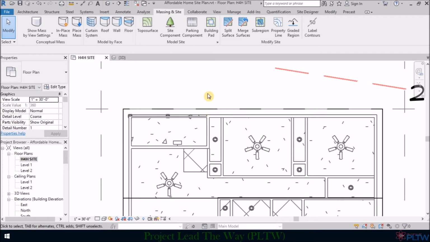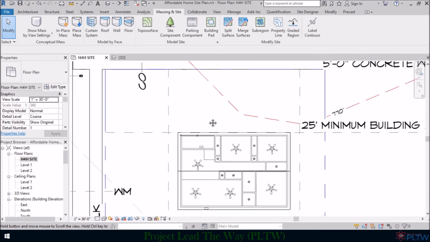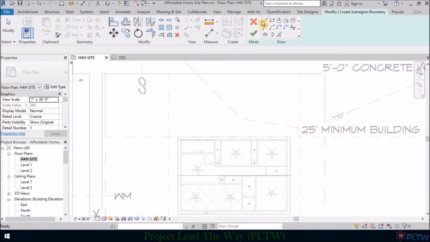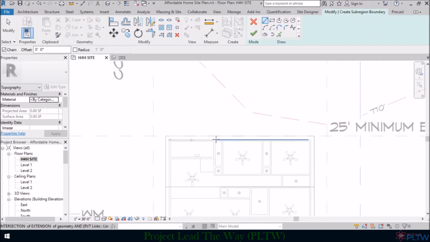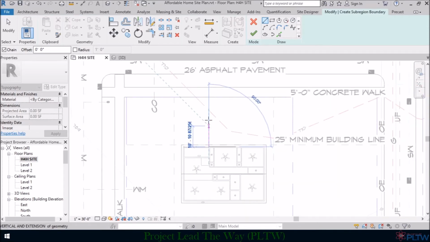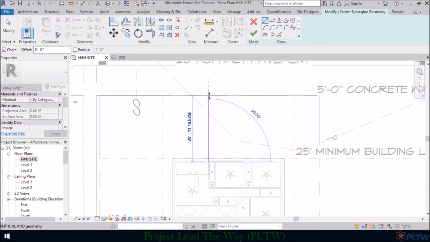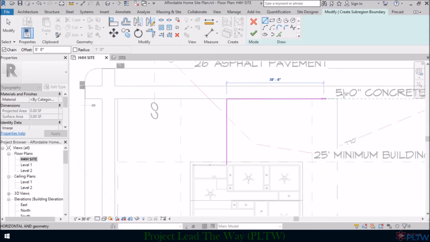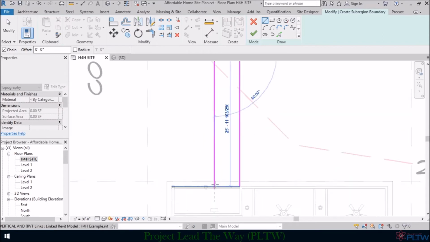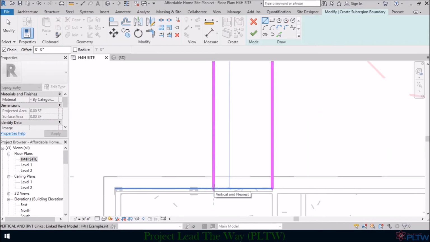I'm going to start the sidewalk here and go all the way perpendicular to the sidewalk that already exists on the site. So I'm going to go back to Subregion, and I'm going to go to Line, and I'm going to choose this corner of the structure, which is a little corner wall, and I'm just going to go perpendicular to the sidewalk, and then I'm going to go over about 5 foot, which matches the width of the sidewalk by the road, and then I will just go all the way back down to the house itself and let it grab that